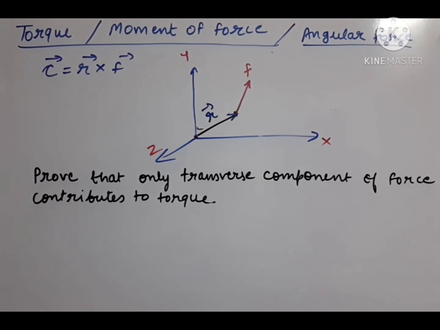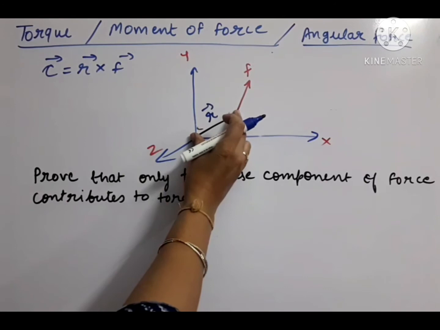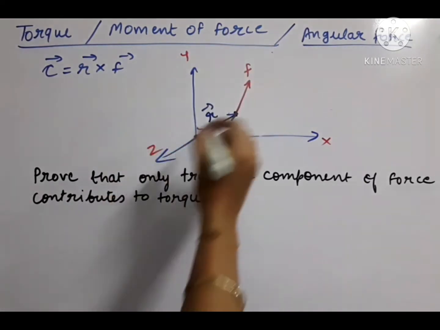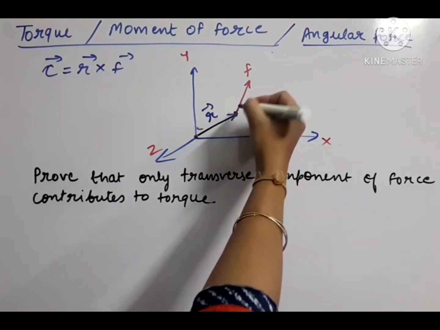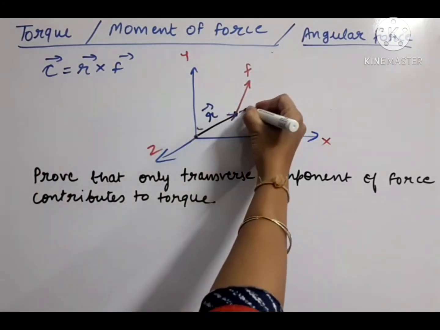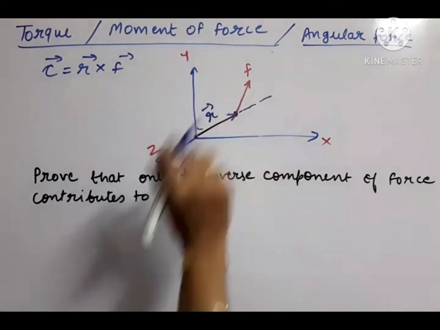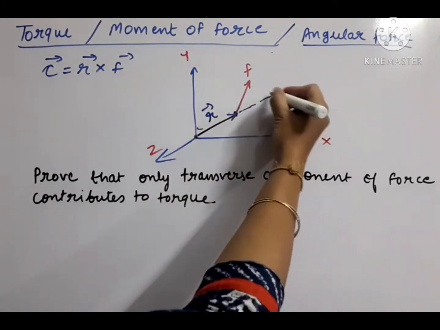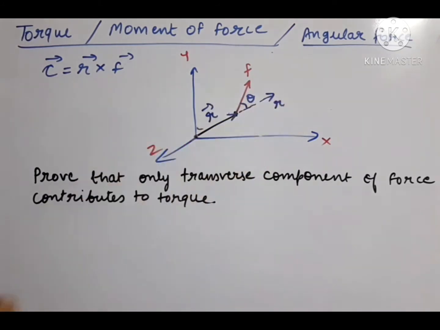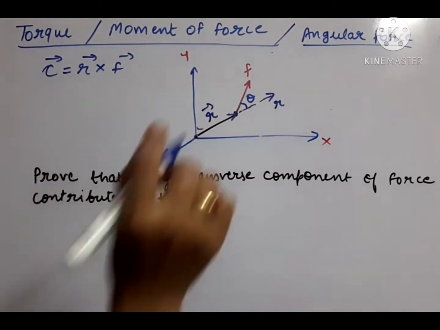Maybe the force is not applied perpendicularly, maybe the force is applied at some angle. So that only we are going to understand here. So if this is r distance, r vector, and this is the linear force F direction, we need to show the angle between both of them. So what we will do, we will extend this r line. So between this r vector and the F vector, if the angle is theta